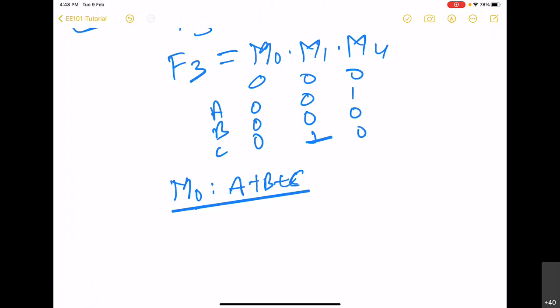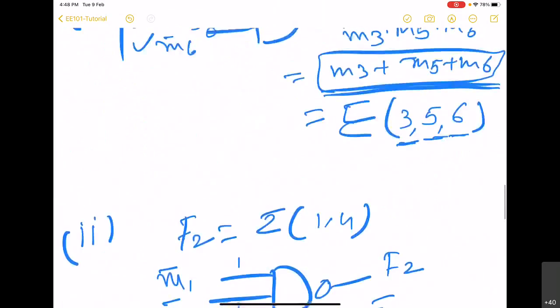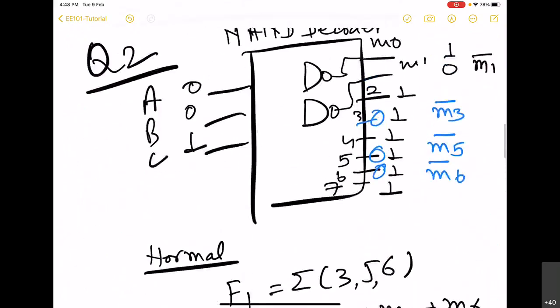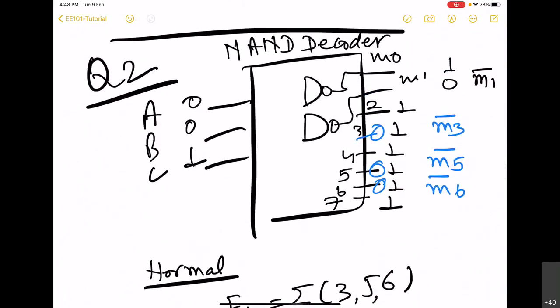And you just need to AND them. Luckily, we have a decoder which is actually giving me 0 for all those values. So here we see that all these values are 0 whenever a specific input occurs. For example, whenever 1, 0, 0 occurs, in that case we have 4, so this value is going to be 0 and the rest are all going to be 1.